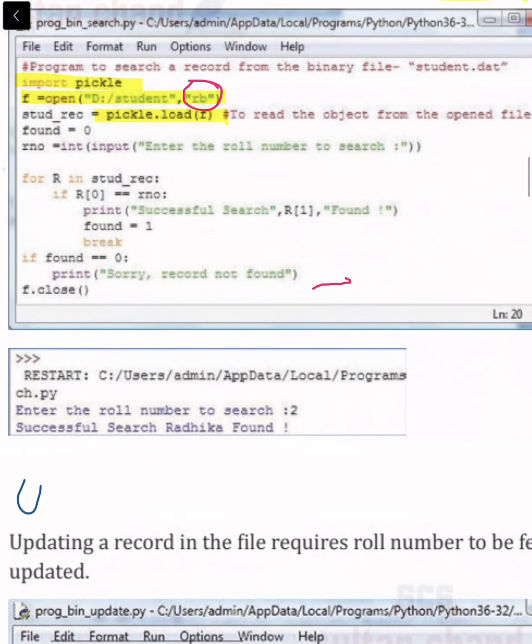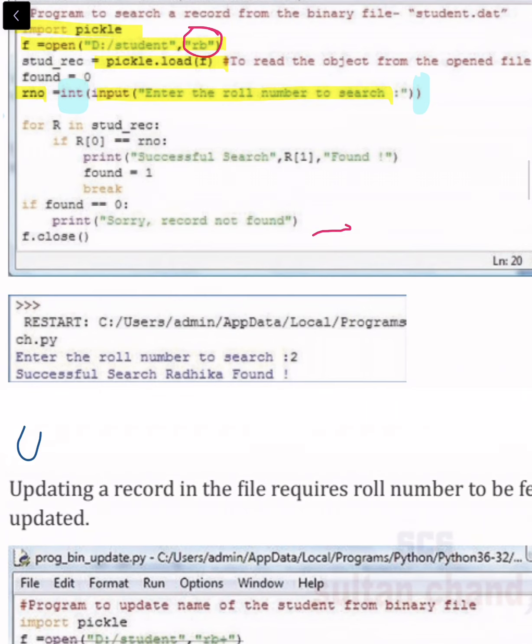Now we are taking our number, whichever roll number the user wants to search for, as input. Since the input is always a string type, it needs to be type converted to integer, so we are enclosing it inside the int function. Next, we will take a loop and search for the roll number inside the file.